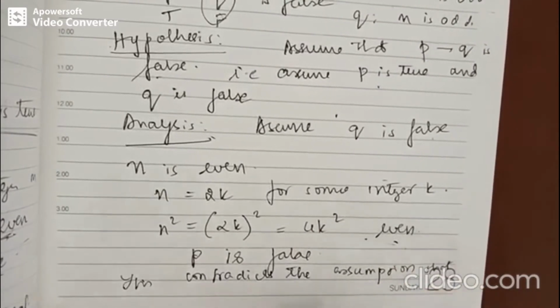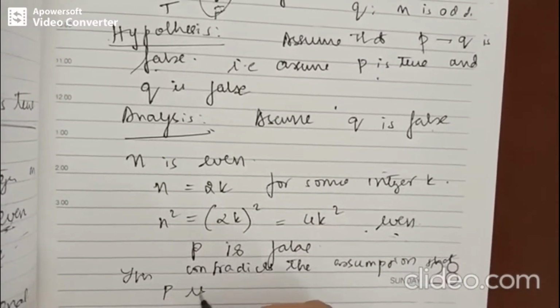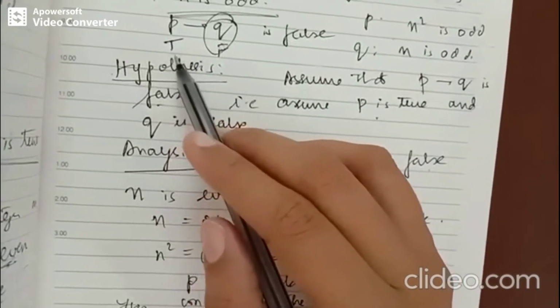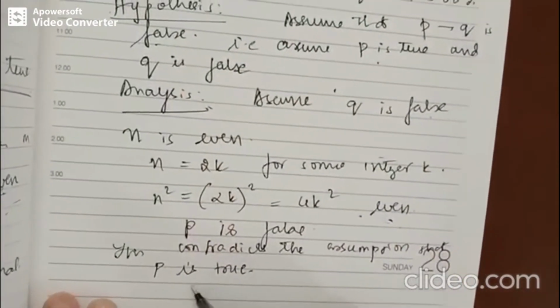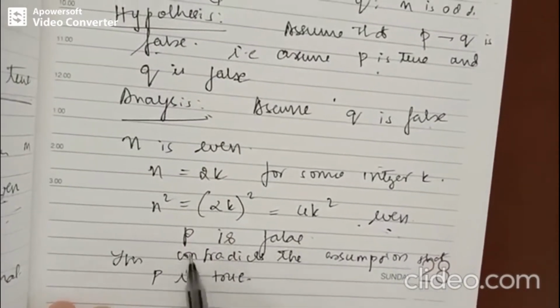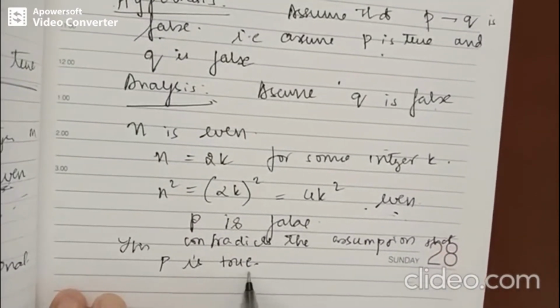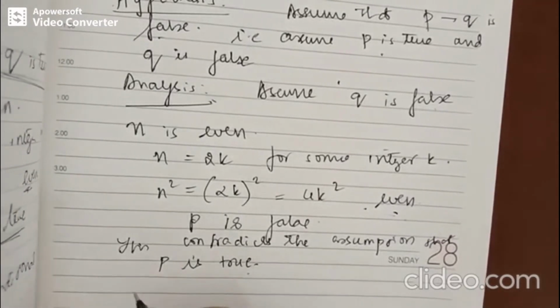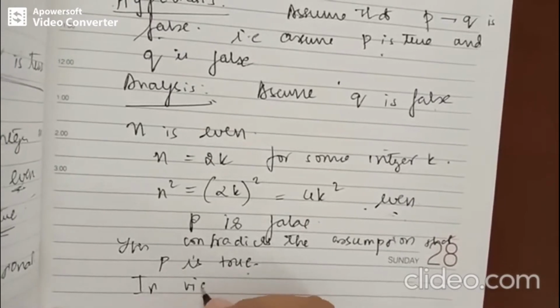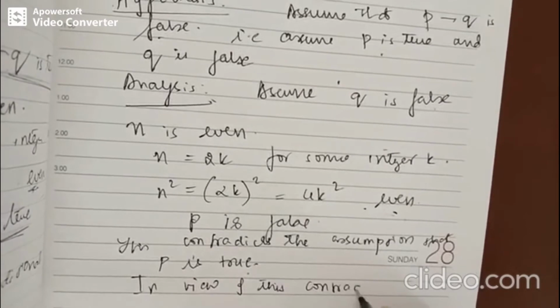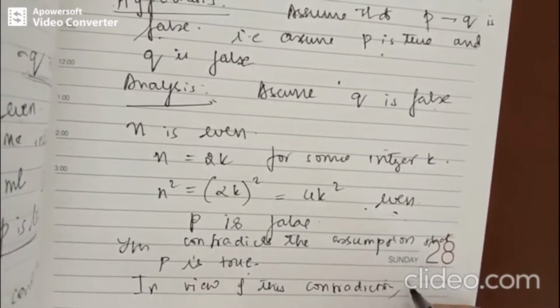that P is true, right? We assumed P true in the beginning, and we have obtained that P is false. So our assumption that P is true is wrong. So thereby, in view of this contradiction,